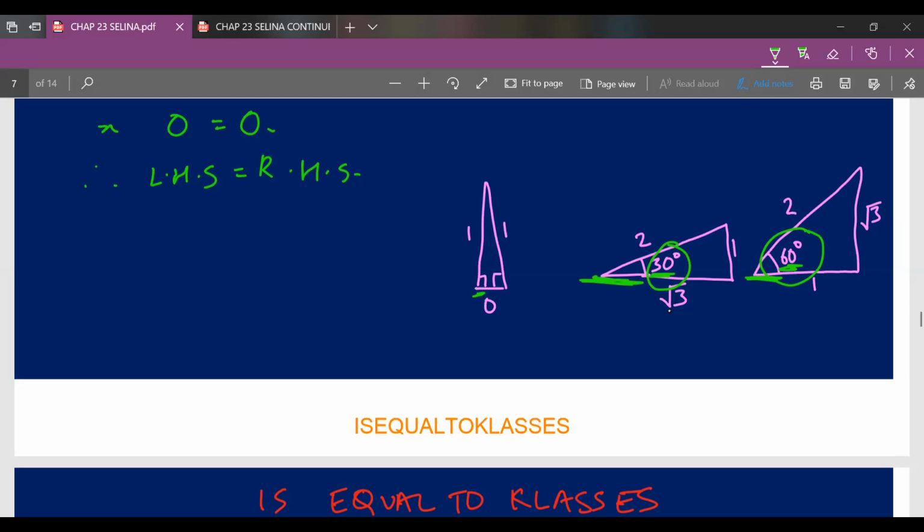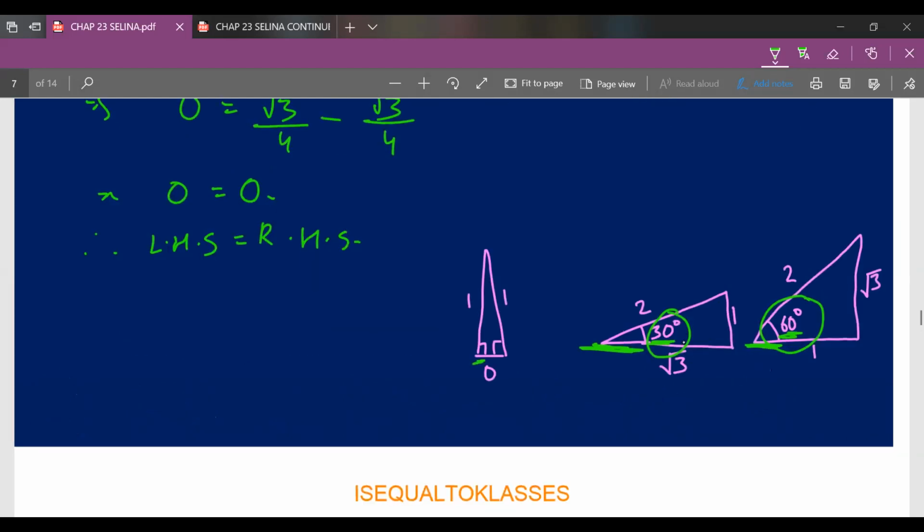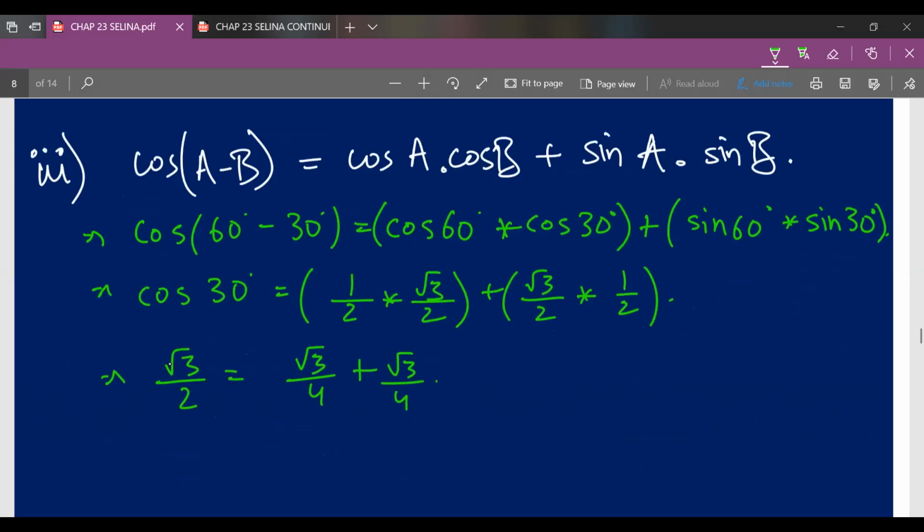So for sin 30, okay, what was I calculating? Sin 30 degree. We'll refer to this magic triangle, and with respect to angle 30 degree, perpendicular upon hypotenuse, sin 30 degree, will be 1 upon 2. So therefore 1 upon 2 is written over here. And then cos 30 degree is root 3 upon 2. 1 into root 3 is root 3, 2 into 2 is 4. Now in this figure, root 3 into 1 is root 3, 2 into 2 is 4. So root 3, I'll leave it as it is.